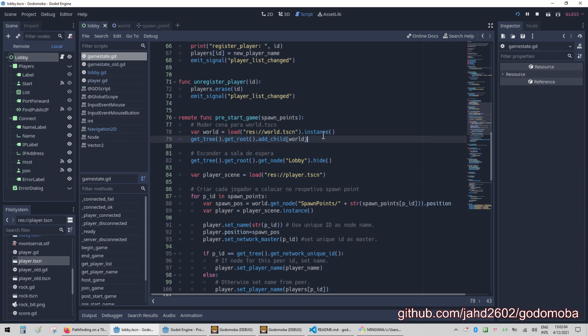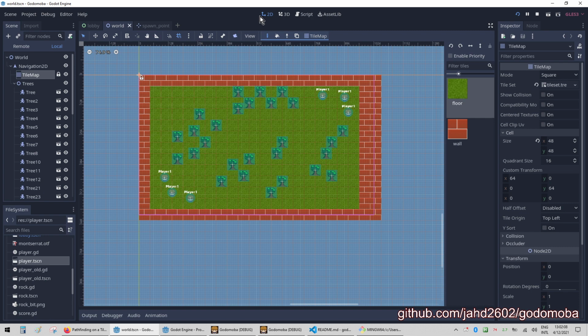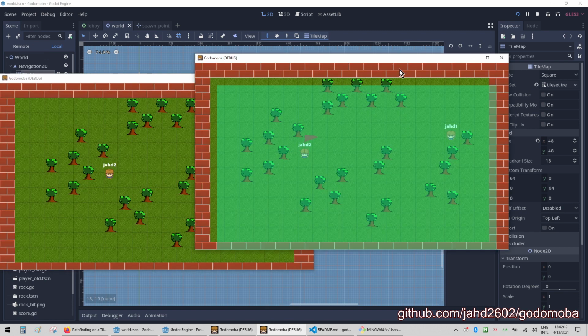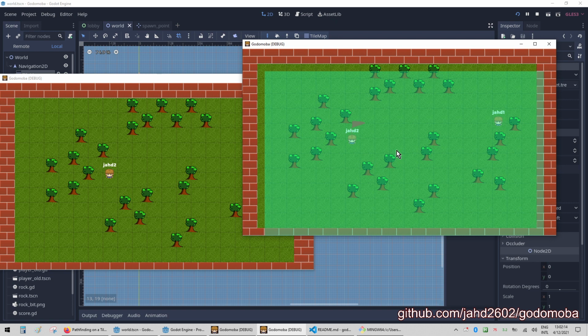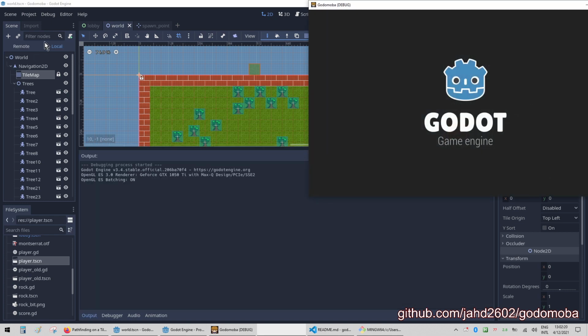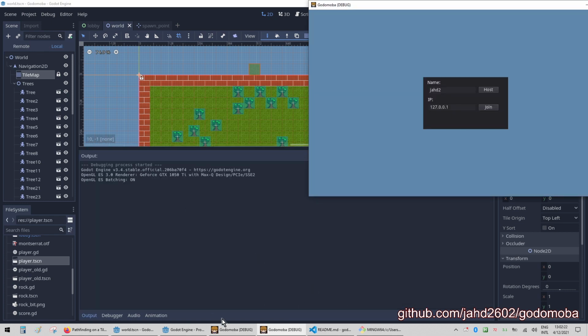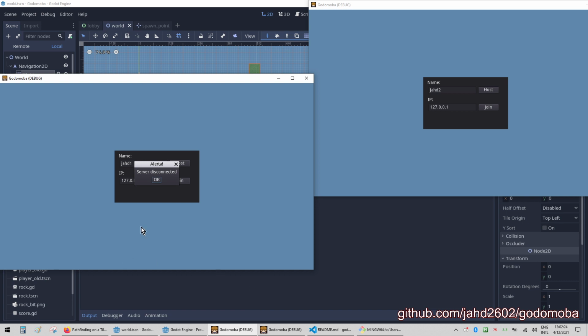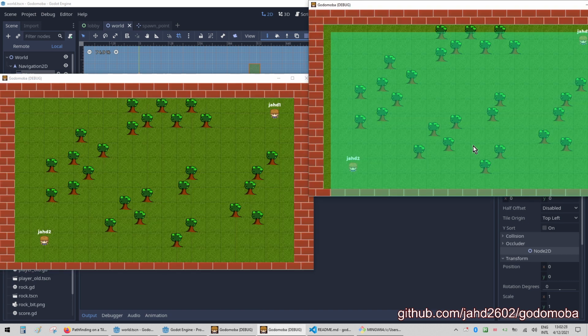It's just spawning it. So another way we have to debug this, we can use this remote. So first I'm going to kill it. Yeah, no way to kill it directly from here. I'm just going to do it from here. This should stop soon. I'm going to use the remote inspector to see what is the value of all the positions. So I host here, I join here, and I start here. We can see again